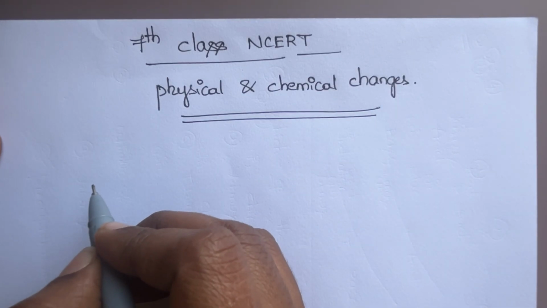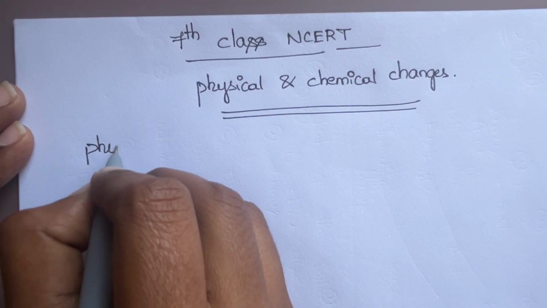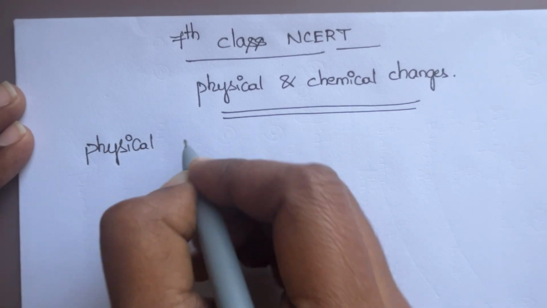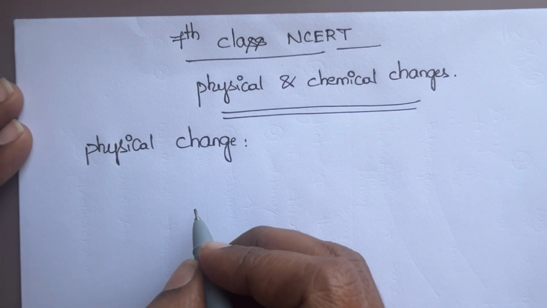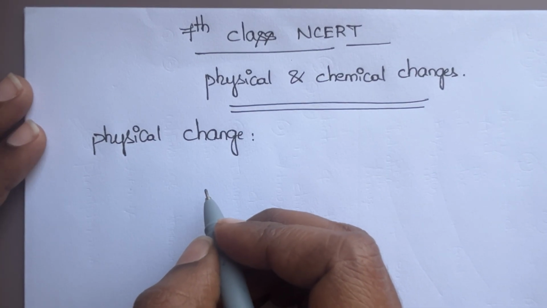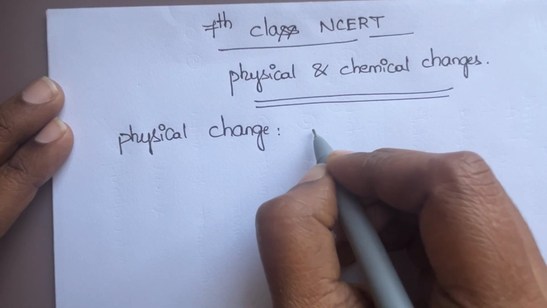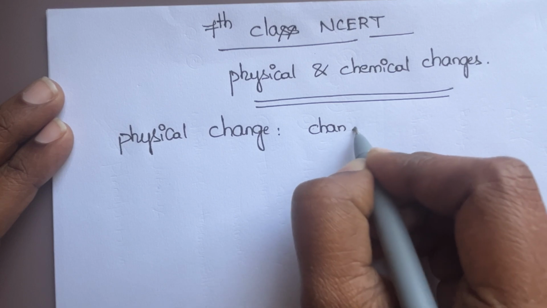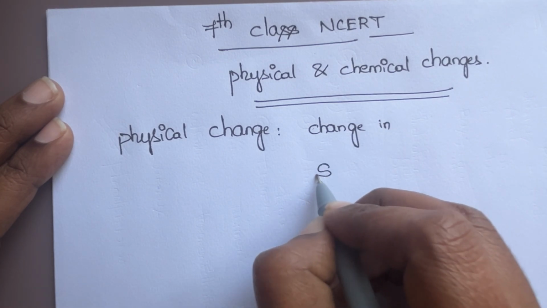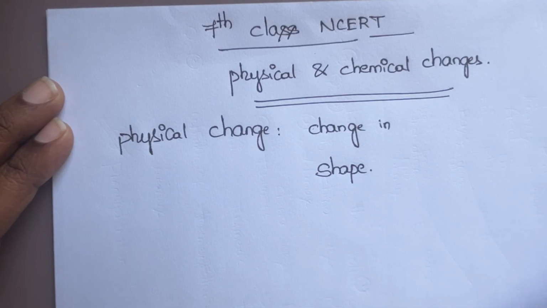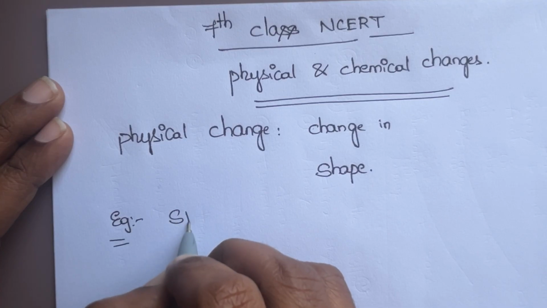In this, first of all, let us see what is physical change. Physical change is nothing but a change in a substance. If there is a change in shape, how is there a change in shape? For example, let us see, if there is a stretching